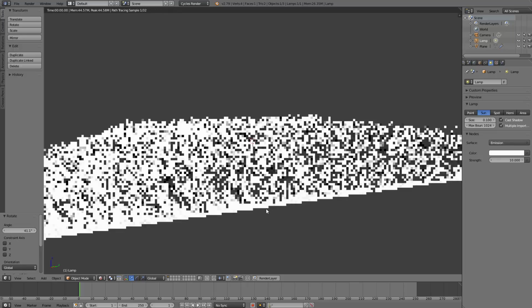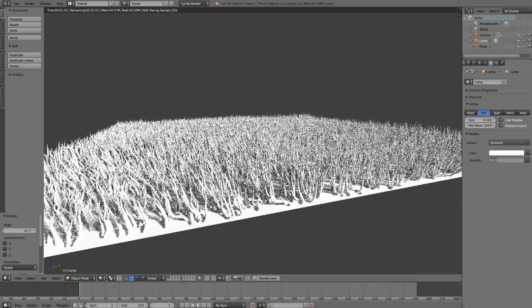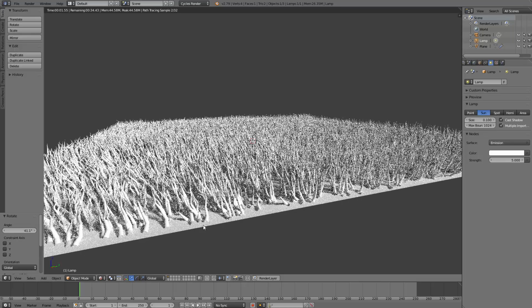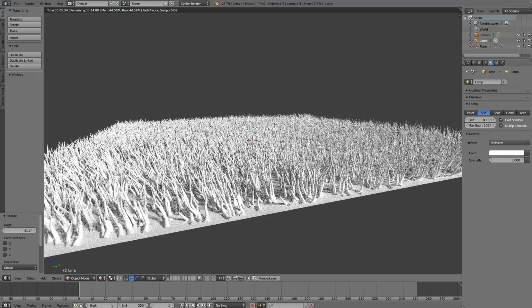There we go. Well, that's pretty bright. Let's go 5 instead, not 55. Okay, so you can see, look how thick they are on the bottom, and then they go up to a point. So it's the thickness